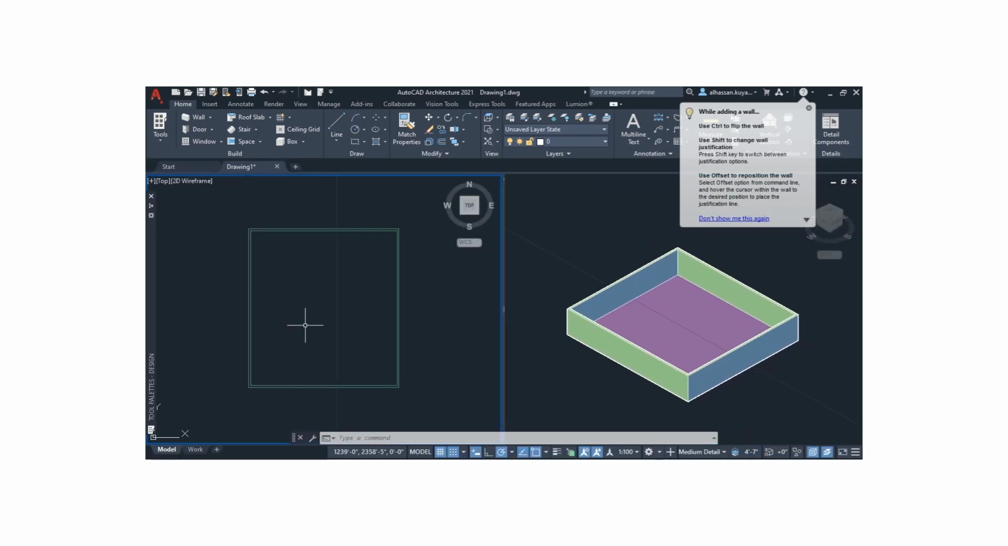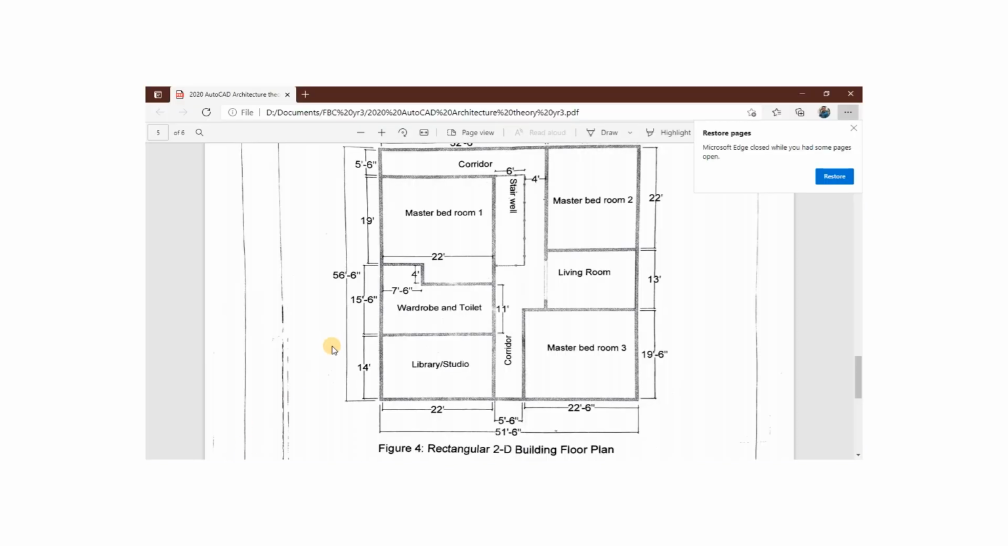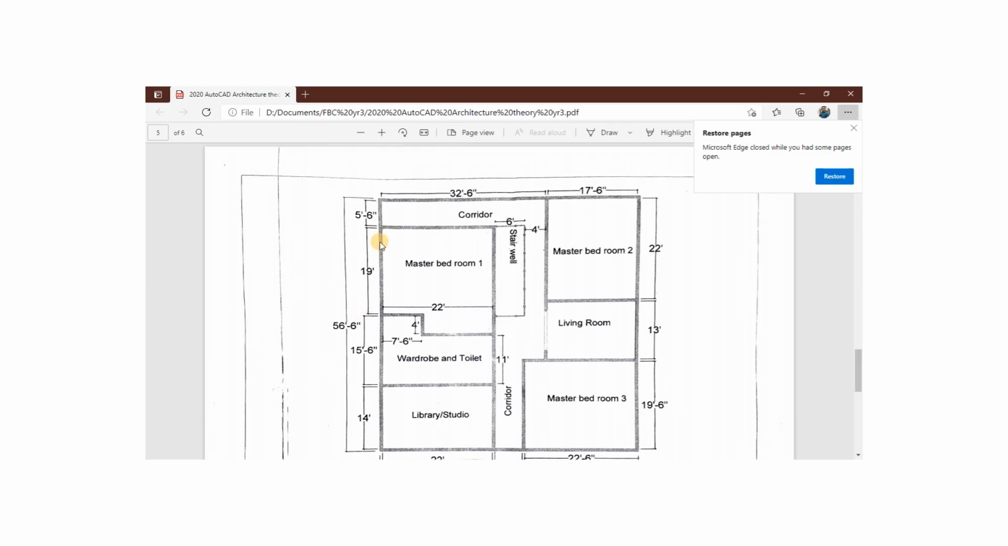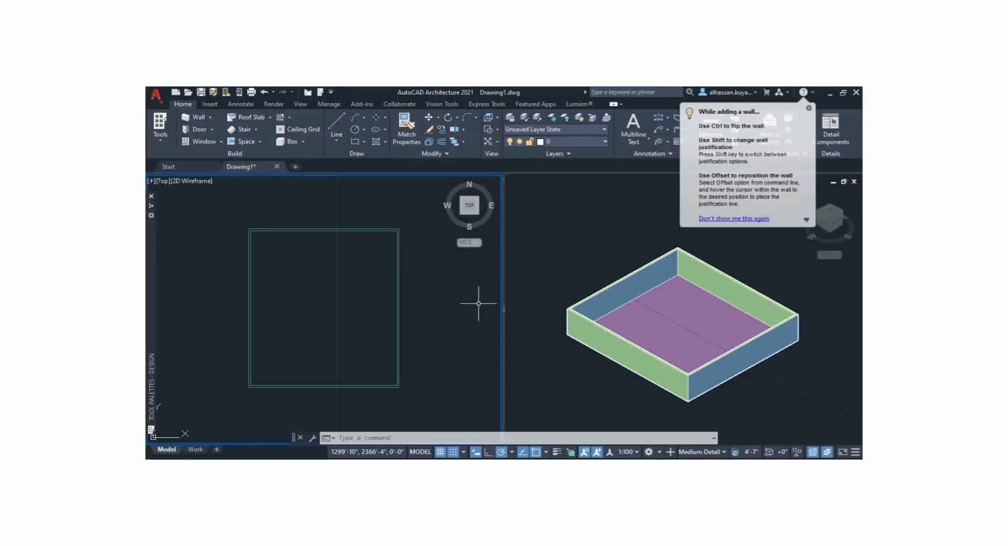So now we want to do the partitions. Let's see what we've got. We have, from this wall, 32 feet 6 inches going towards the right. Okay, so we say we take wall,